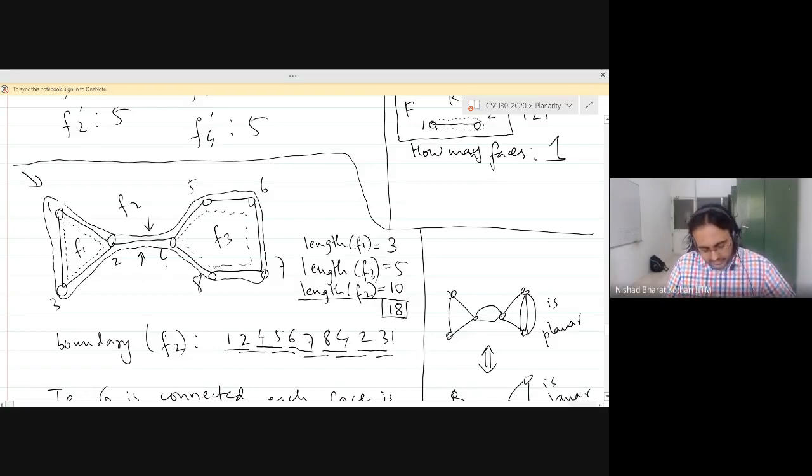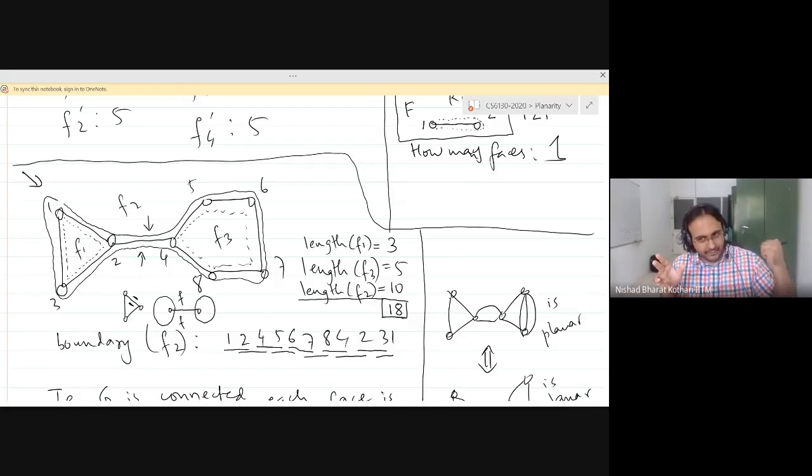So we are going to use this fact that the sum of the lengths of the faces is going to be twice the number of edges, because any edge which belongs to a cycle will be counted in two faces, one face here and one face here. And any edge that does not belong to a cycle is a cut edge, and that will be counted in exactly one face 2 times, if this face is equal to this face. Okay, so there are 2 types of edges. Remember, you either have a cut edge or the edge belongs to a cycle. These are the 2 possible cases if you go back to the connectivity module.